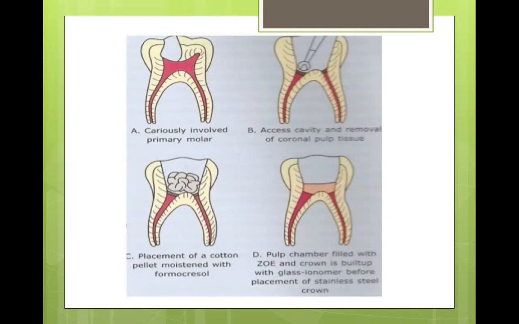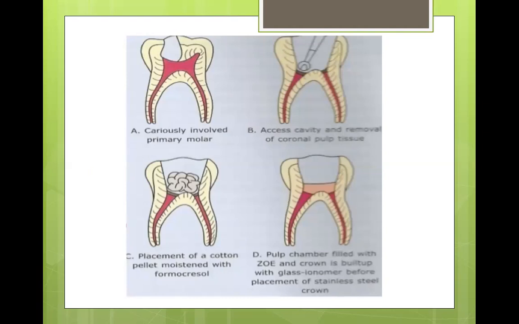Once you have hemostasis, you put your cotton pellet with 1 drop of formocresol, and you squeeze it super dry. You do not want the cotton pellet to be dripping wet with formocresol. It should be dry and just have the fumes of formocresol. You place it on